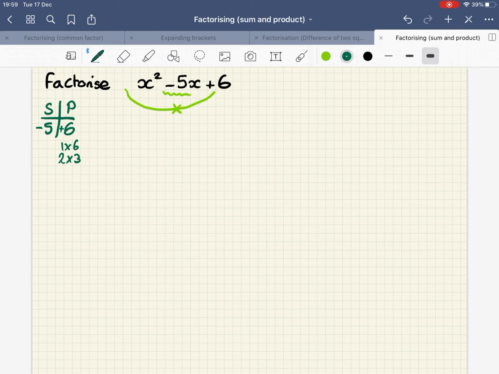Now, this one is a bit trickier because I can make that -5 in 2 different ways. I could either do 1 take away 6 to give me -5, or I could do -2 minus 3. So at this point,